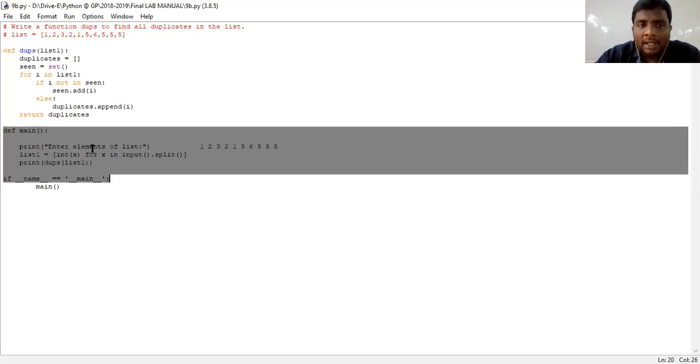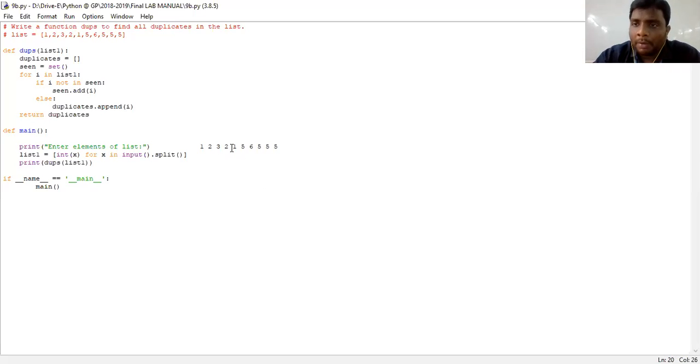In the main function, enter elements of a list. This is the prompt message which we get as soon as we run the program. When it says enter elements, these elements should be given. Not only these elements, you can provide your own elements also, but the elements need to be given by using